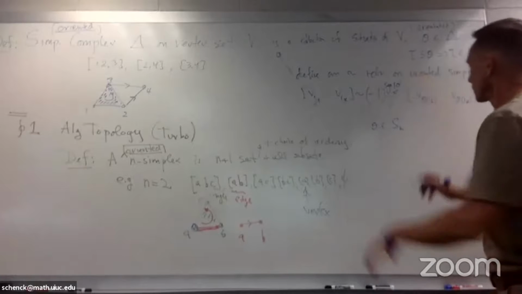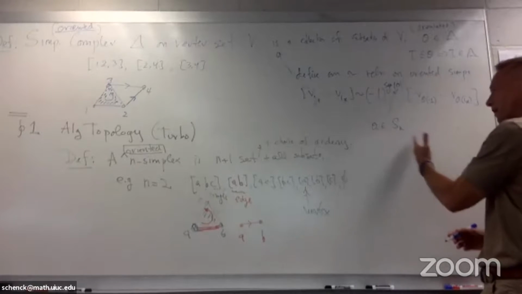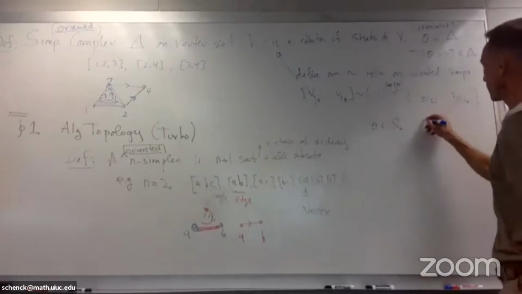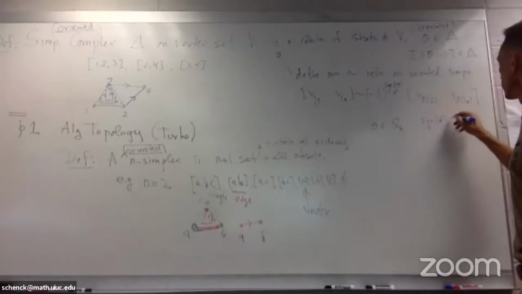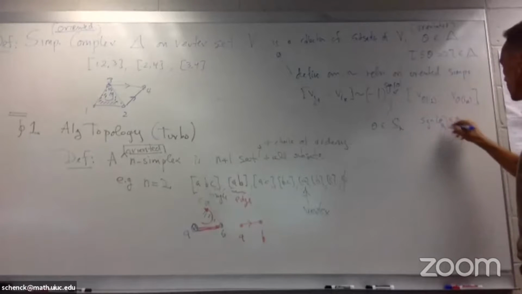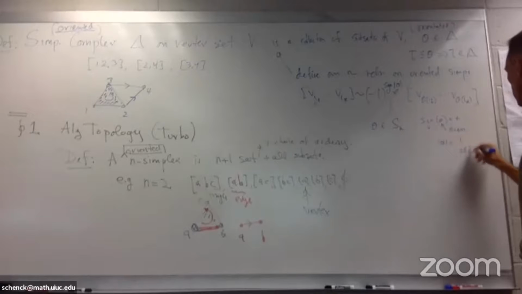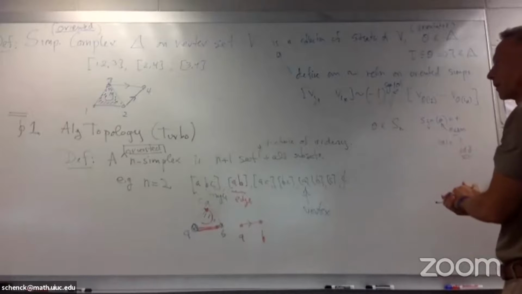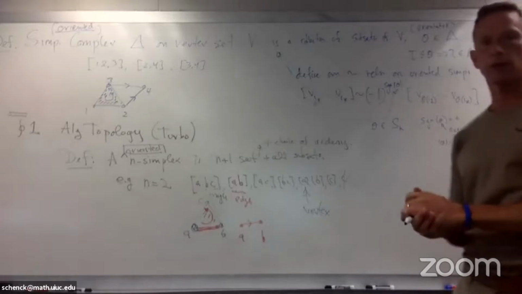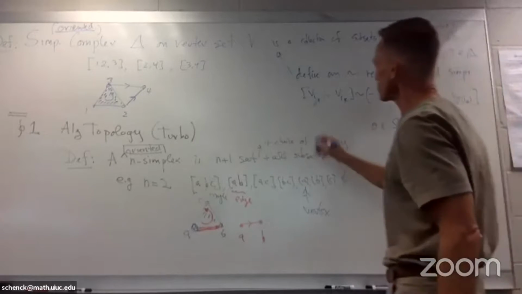So, the sign of sigma, a permutation, can be written as a product of transpositions, and the sign of sigma is +1 if this is an even permutation, and -1 if sigma is odd. What this means in practice might seem a little opaque or hard to grasp, but we should always do a simple example. So what this is saying is that